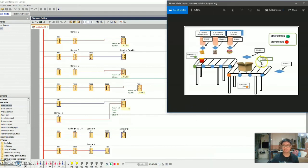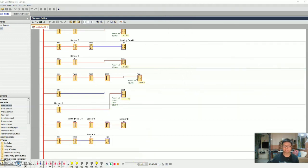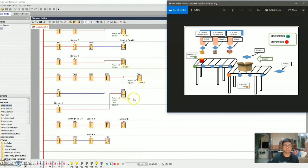After it reaches 8, I7 will turn on. The function of this I7 is to reset the counter to 0. Now you can see that the counter is reset from 8 to 0. After it resets to 0, conveyor B will turn on and move this packaging to the worker to pick up for delivery. And this whole process will repeat